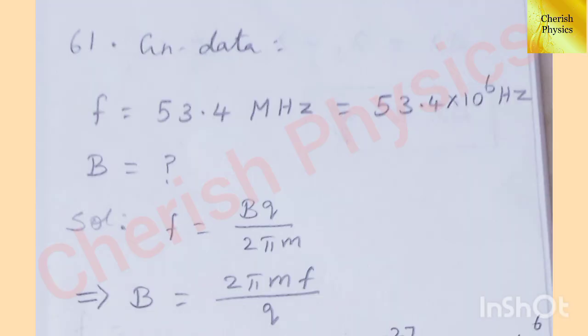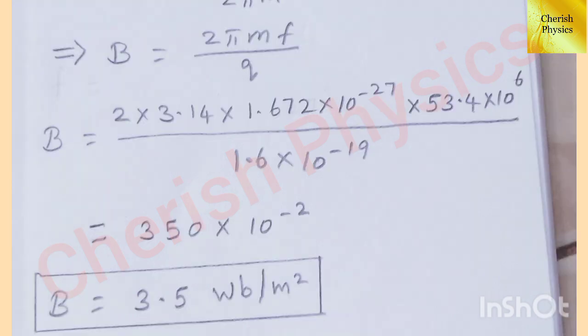The given data, frequency f equal to 53.4 MHz, which is equal to 53.4 into 10 to the power 6 Hz. We have to find the magnetic field. The frequency f equal to Bq divided by 2 pi m. From that, the magnetic field B equal to 2 pi m into f divided by q,